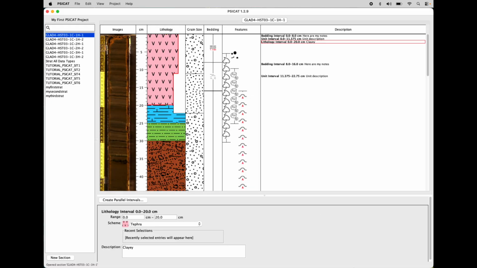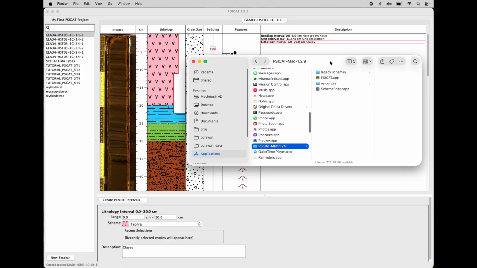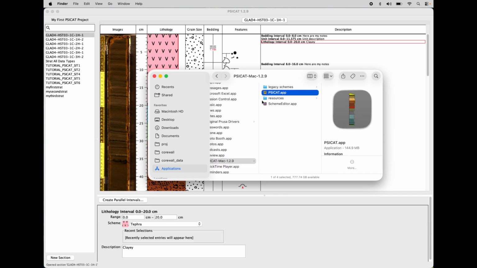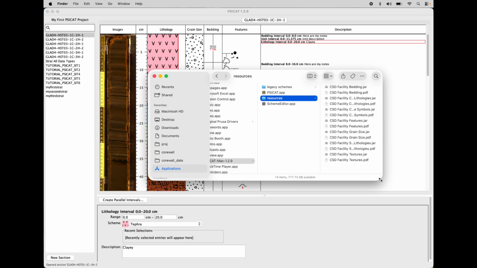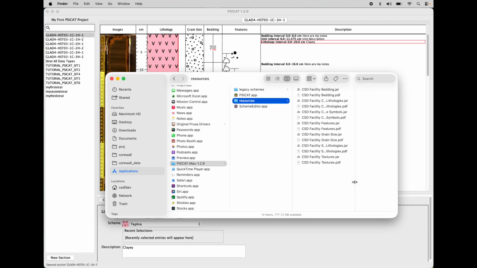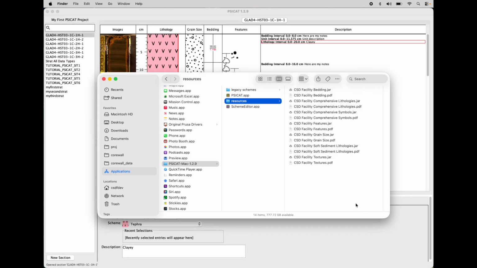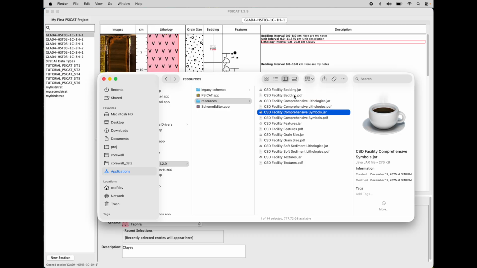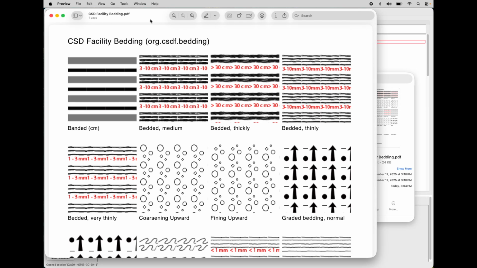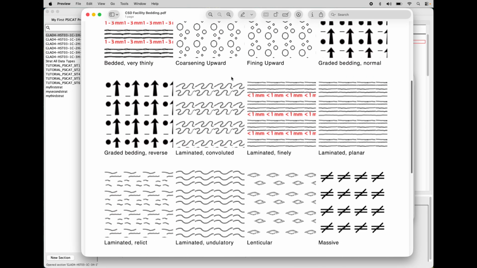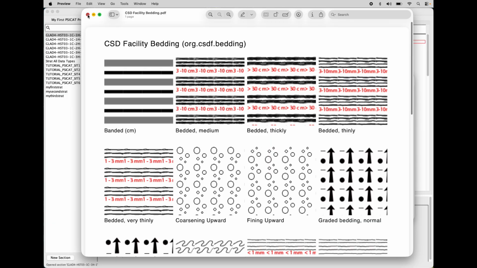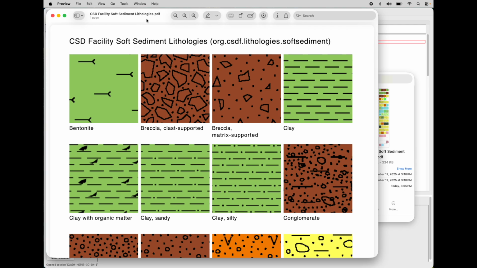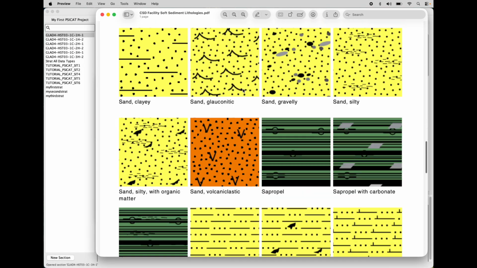Next, let's look at the PSICAT application folder, which on Mac at least should be in your applications directory. So this folder, along with the PSICAT application, has a folder called resources. And that folder contains all the default CSD facility schemes included with PSICAT. So there's a .jar file for each scheme, and there's also a PDF that just shows you the contents of that scheme. So here are all the beddings available in the default bedding scheme. Here are all the soft sediment lithologies in the soft sediment scheme, and so